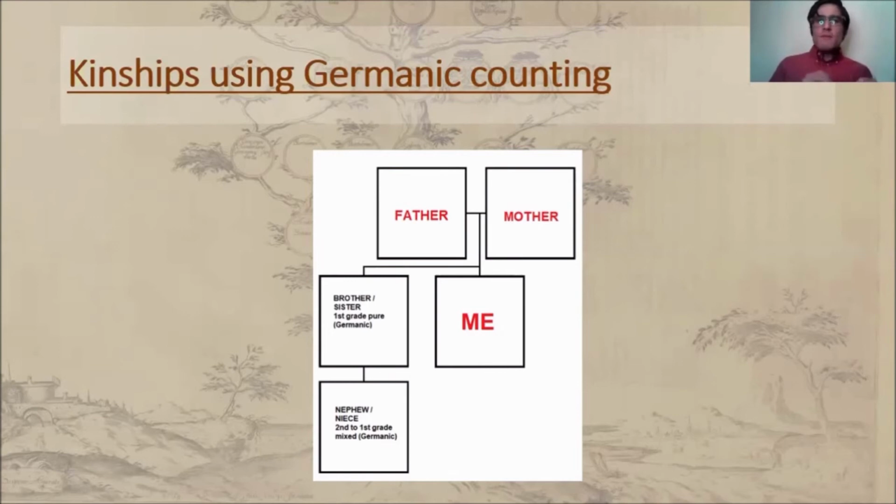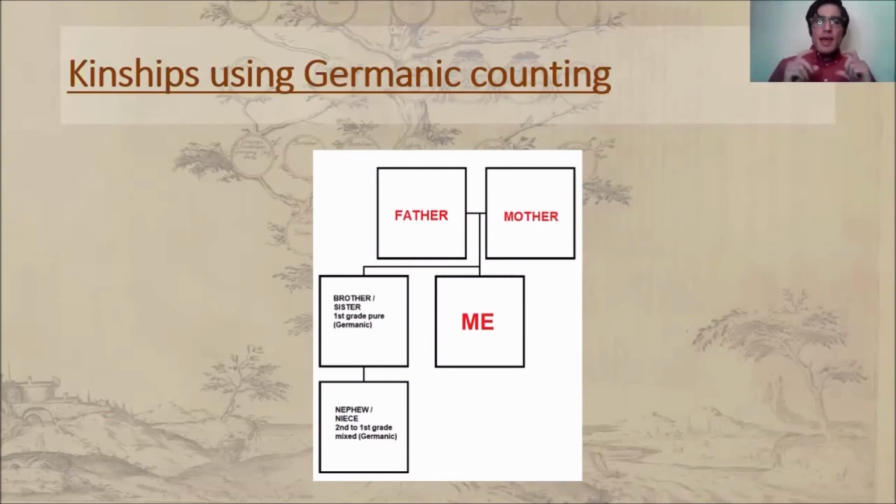That is why Germanic counting is something very important to understand, because sooner or later you're going to face a record explaining a relationship using degrees, and if it is a record before 1983, this is a way to understand it, and it's very, very easy,